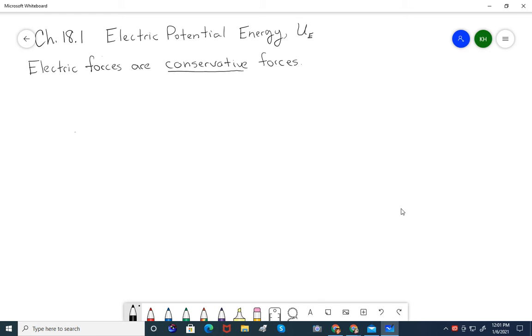We know that when an electric force, well, let's go back. When a gravitational force does positive work, it increases the object's kinetic energy. Think of a rock falling. When a rock falls, gravity's doing positive work, kinetic energy increases. The same is true for electrical forces. When an electric force does positive work,